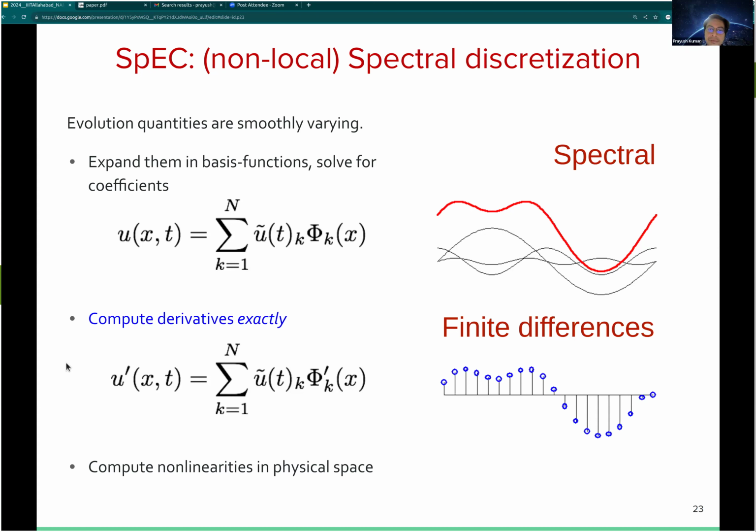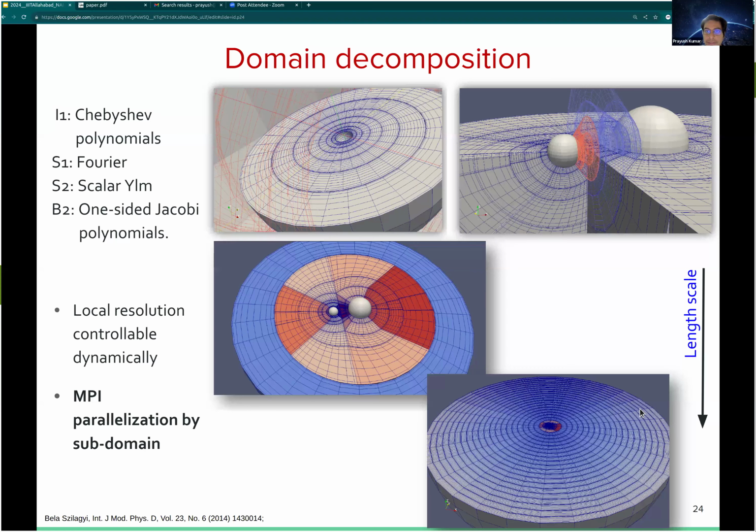And now, if we want to calculate derivatives, we can calculate derivatives simply by knowing the derivatives of our basis functions. So if our basis functions are Chebyshev polynomials, we know their derivatives. If the bases are Fourier series, we know its derivatives and so on and so forth. Right? Now, in finite difference schemes, the field value itself is stored at every grid point as such. So calculating derivatives becomes expensive and error prone, which means that for a fixed number of points, spectral methods are more accurate than finite difference methods in solving partial differential equations. Okay, we can talk about this in more detail. I'm going to skip over that